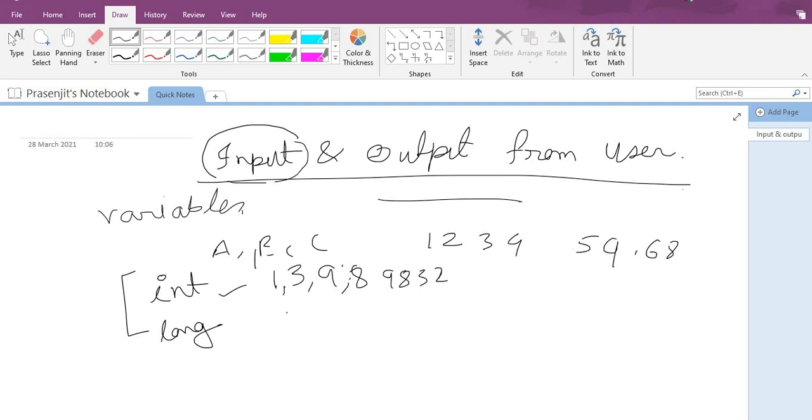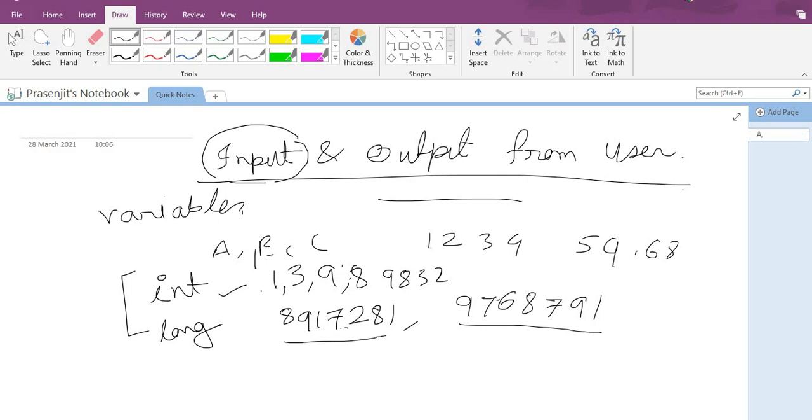You can see here I'm writing 8917281 and 9768791. These are very large numbers, which are not possible to store in int, because the capacity of int is lesser than the long variable, but both are holding round numbers.